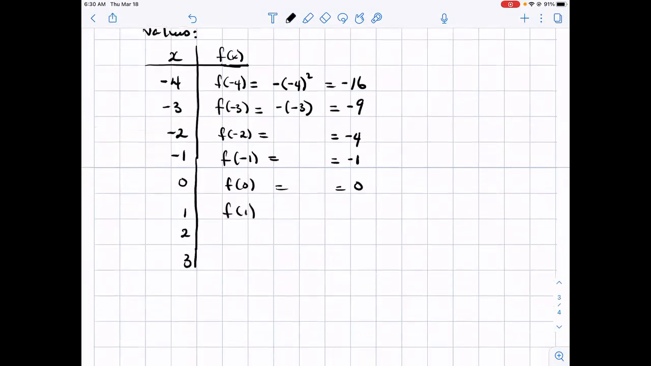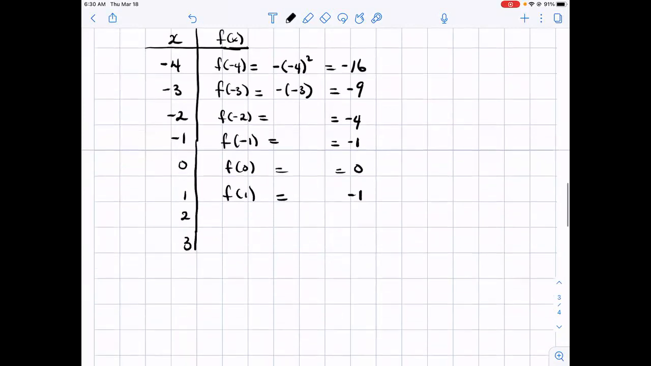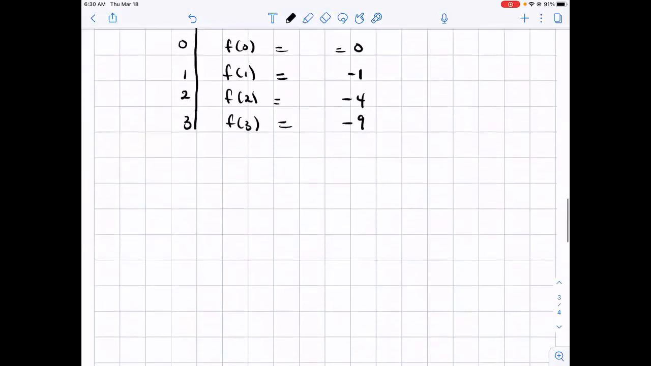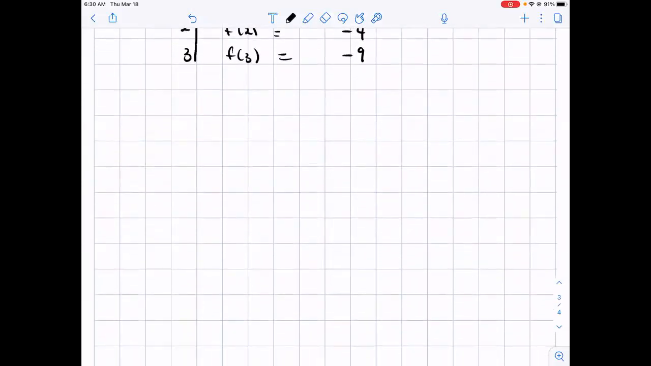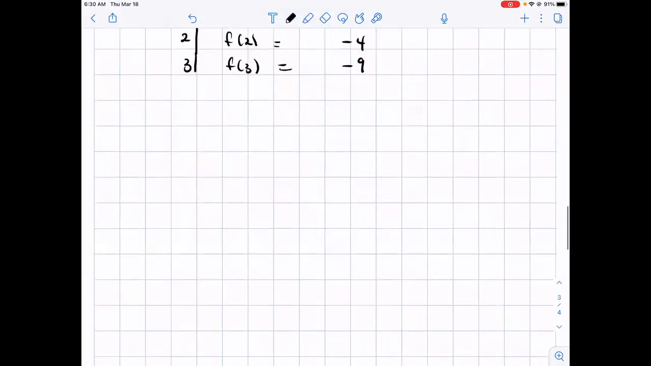F of 1 will be minus 1. F of 2 will be minus 4. F of 3 will be equal to minus 9. And if we plot these points on the graph, on the xy axis, you will observe that you will have a graph that looks very